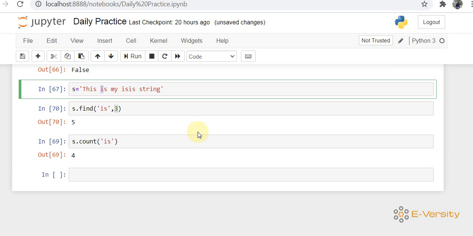This way you can use string functions when implementing strings in your program. So these are the string functions in Python.